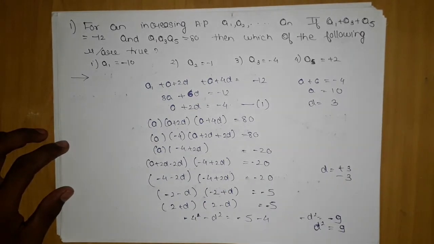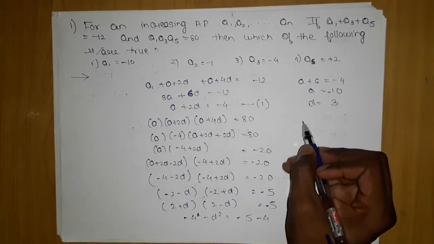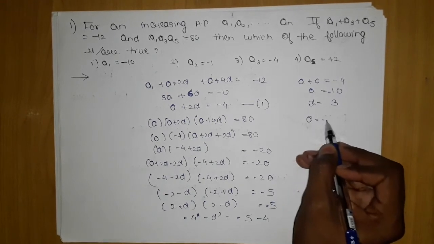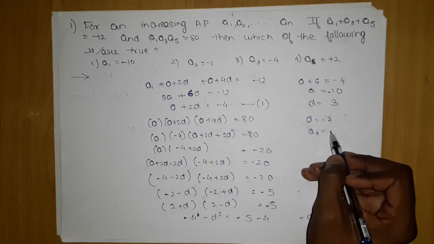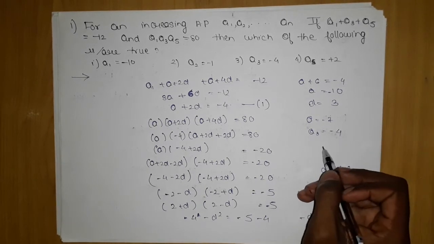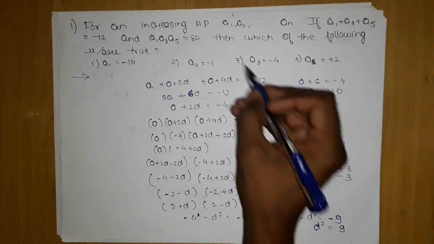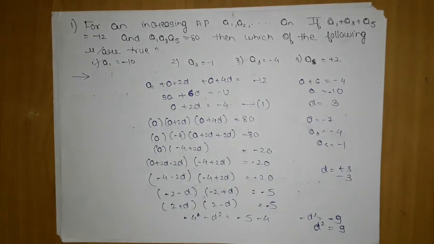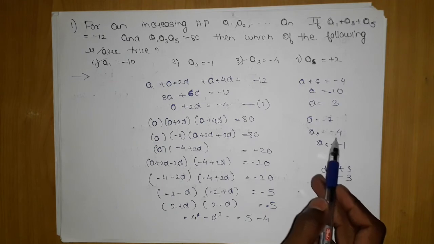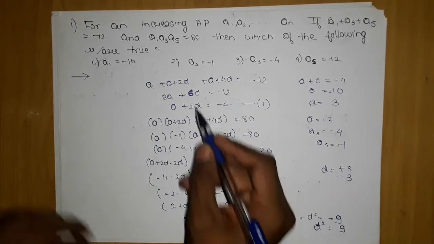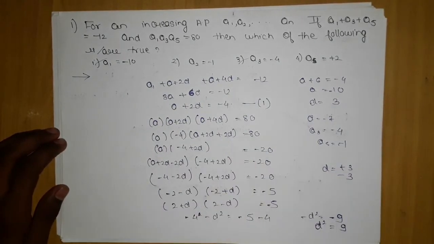Fine, we have checked A, we got D. A is equal to minus 10. So A2 will be what? Add 3 here, so it should be minus 7. A3 would be what? Minus 7 plus 3 will become minus 4. And A5 will be what? Add 3 here, A5 will be minus 1. So this and these are the answers, because after adding 3 we get minus 7, if we add 3 here, minus 4, if we add 3 here, we will get minus 1. So 1 and 3 are the answers. Hope you have understood the process. The question was very simple.